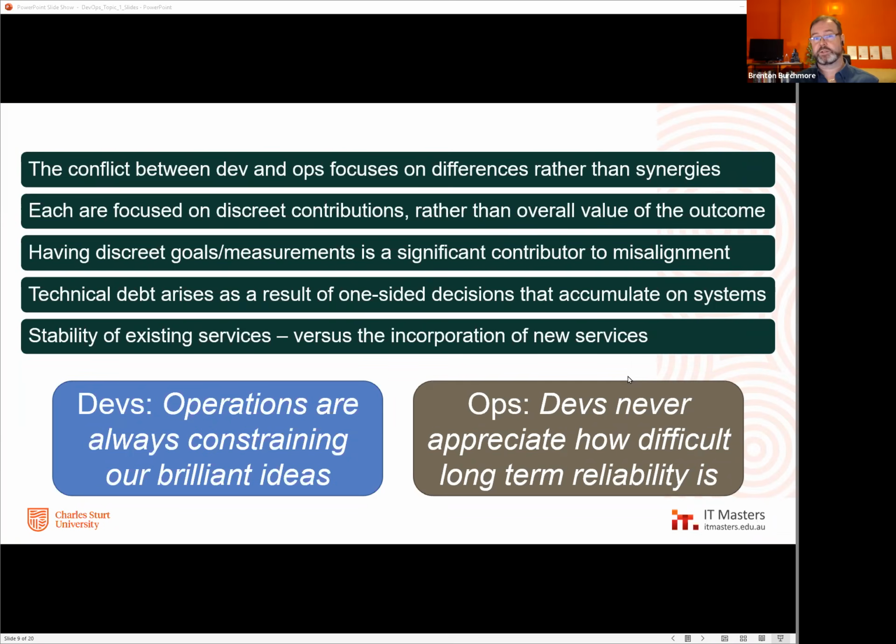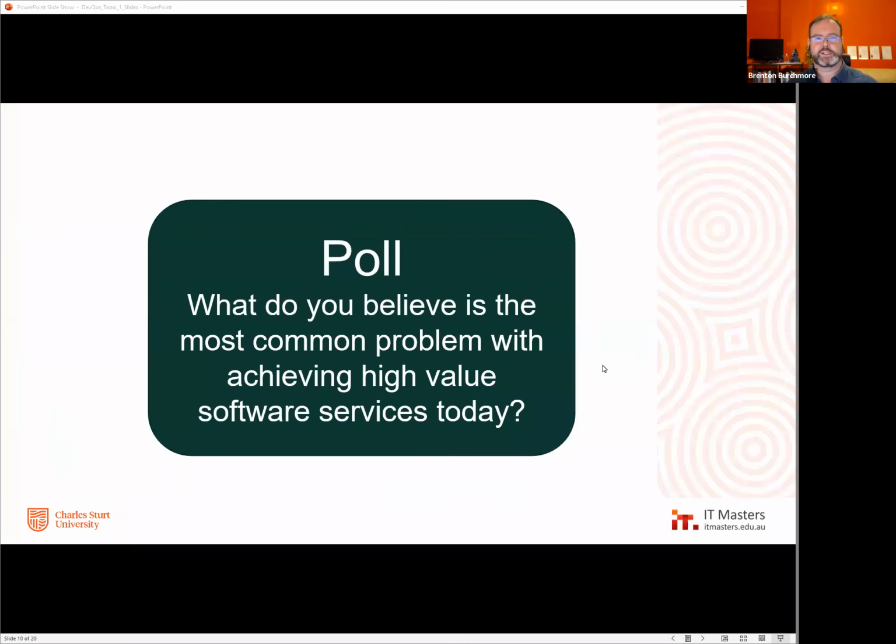It's largely because the teams are allowed, perhaps even encouraged through their goals and metrics, to aim for different directions. So none of this would likely be that out of the ordinary for all of you, but let's hear what you actually have to say. Let's run that poll. Jack, can we run that second poll, please? I want to get everyone's opinions. Have your say. Before we get too deep into all the rest of it, tell us what you think. All right, that poll should be live now.